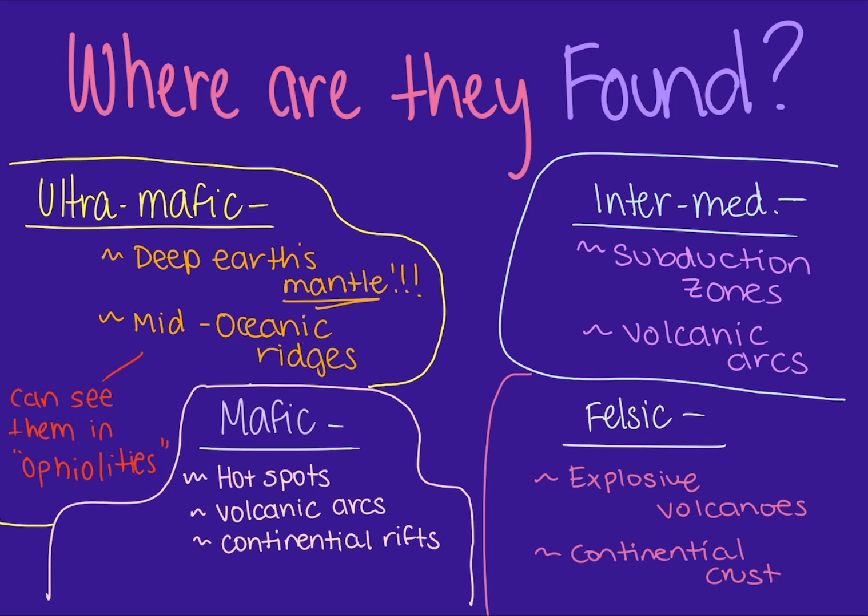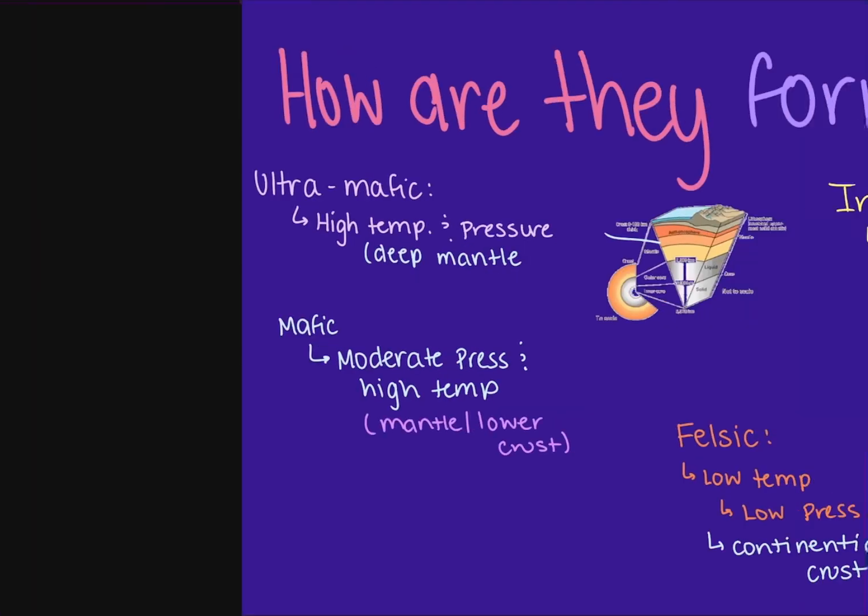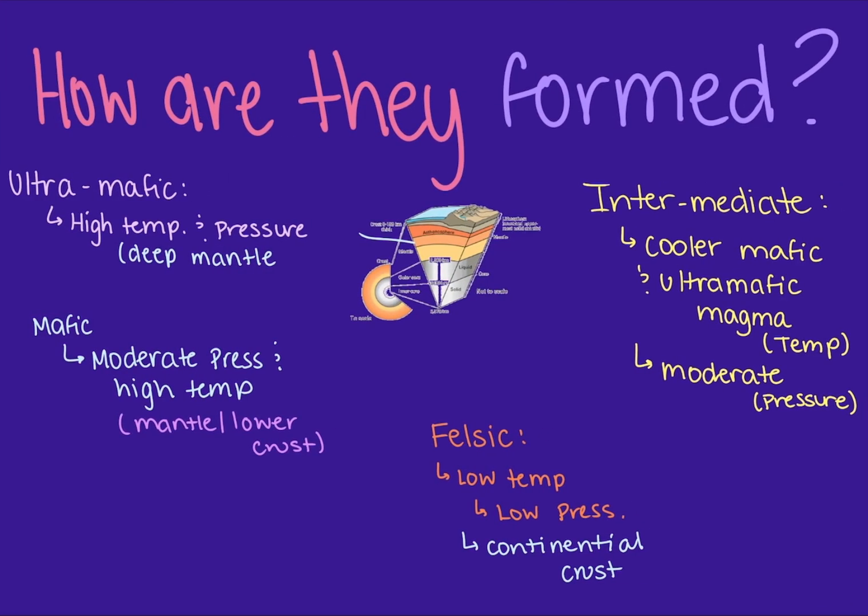Side note, when rocks are near a subduction zone, the denser they are, the harder it can be for them to get onto the surface, making them go back into the Earth's mantle and going through that cycle again of melting, remelting, and so on. And how are they formed? Ultramafic rocks can be formed... Oh, as a matter of fact, all of the rocks can be formed by different types of temperature and pressure. This could range from needing an abundant amount of heat and pressure, which can be found within the deep mantle for ultramafic, to having little to no temperature and pressure needed, and can be found around the continental crust